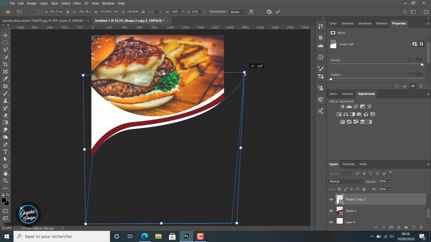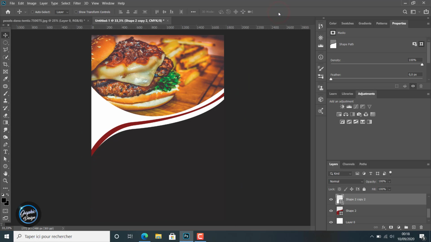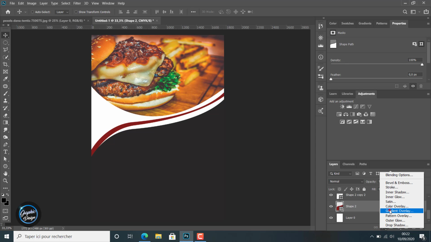That's fine. I think now it's fine. So when you are satisfied with the line you get, this red line, we try to make it very realistic and very great, and we click OK now. So we come back to the red shape,